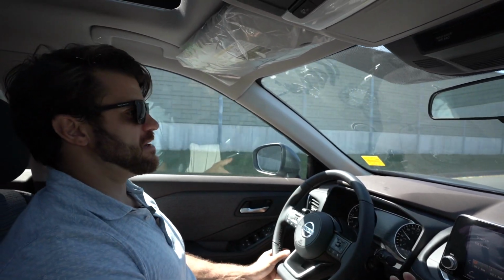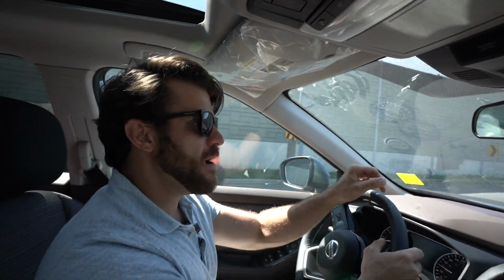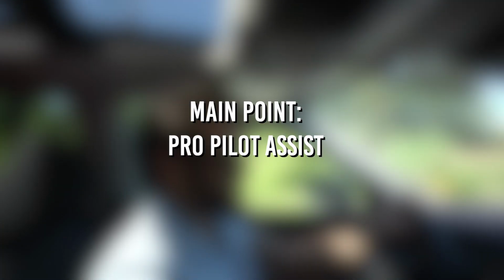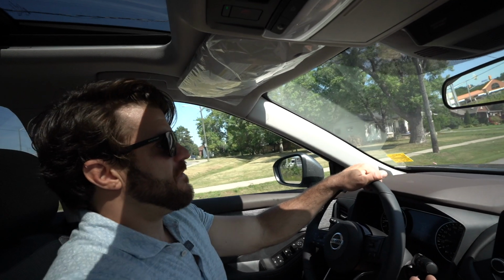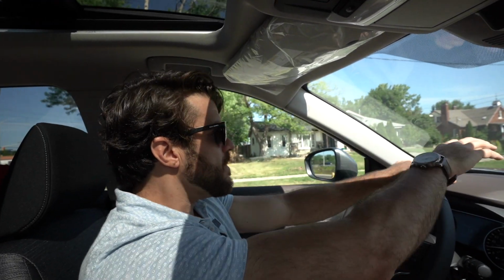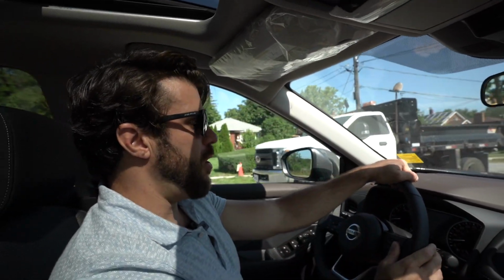and say what you want about the Nissan CVT, but I do feel this car just drives a little better. There's a lot of technology in here that I like and just works better than the Tucson. Hugest thing is the Pro Pilot Assist. So yes, the Tucson does have a lot of safety technology. You get the collision avoidance, you get the adaptive cruise control, but this one, you get this Pro Pilot Assist,